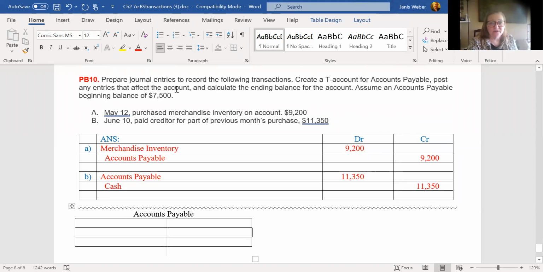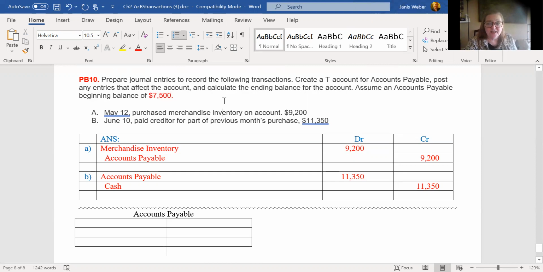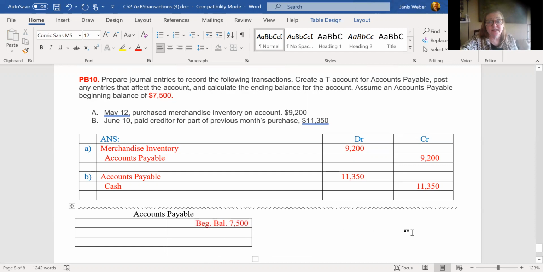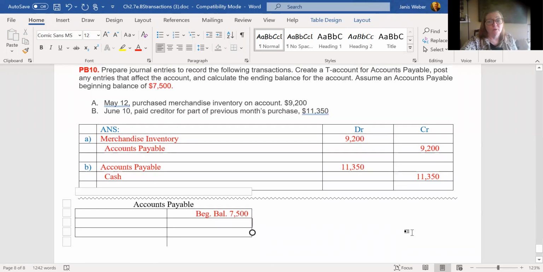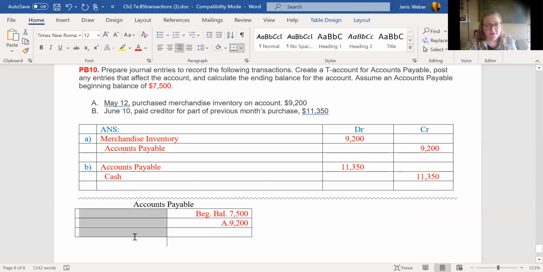Then accounts payable. They give us a beginning balance. When they tell us the beginning balance, they didn't say it has a credit balance, did they? Because they think you know what the normal balance of that account is. So when you post it, you just have to know the credit balance is what accounts payable would have, unless they spoke otherwise. If it didn't have a normal balance, they would say it has a debit balance. All right, so we're going to record the two entries to accounts payable, a $9,200 credit and an $11,350 debit,